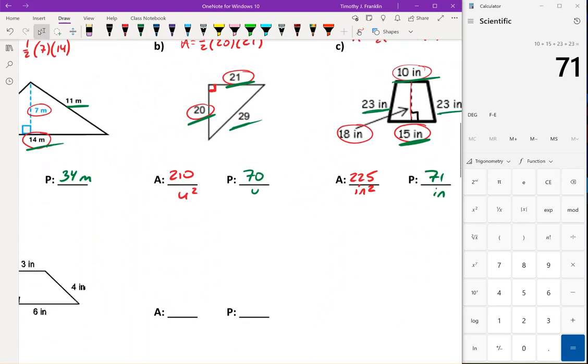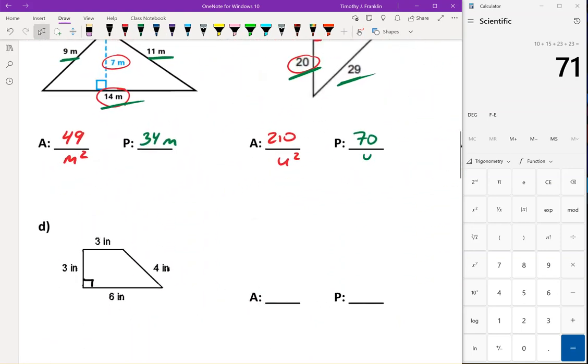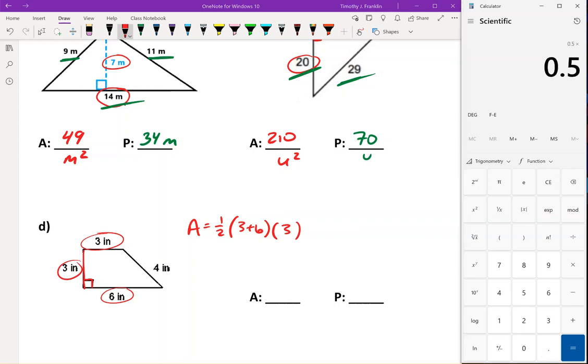Okay, one more trapezoid, not parallelogram. One more trapezoid example. Again, area equals the 1/2 times the bases. And in this case, here's our perpendicular line. So the bases here are 3 and 6. And the height is 3. And so that's 1/2 times 9. 3 plus 6 is 9 times 3. Gives us 20.25